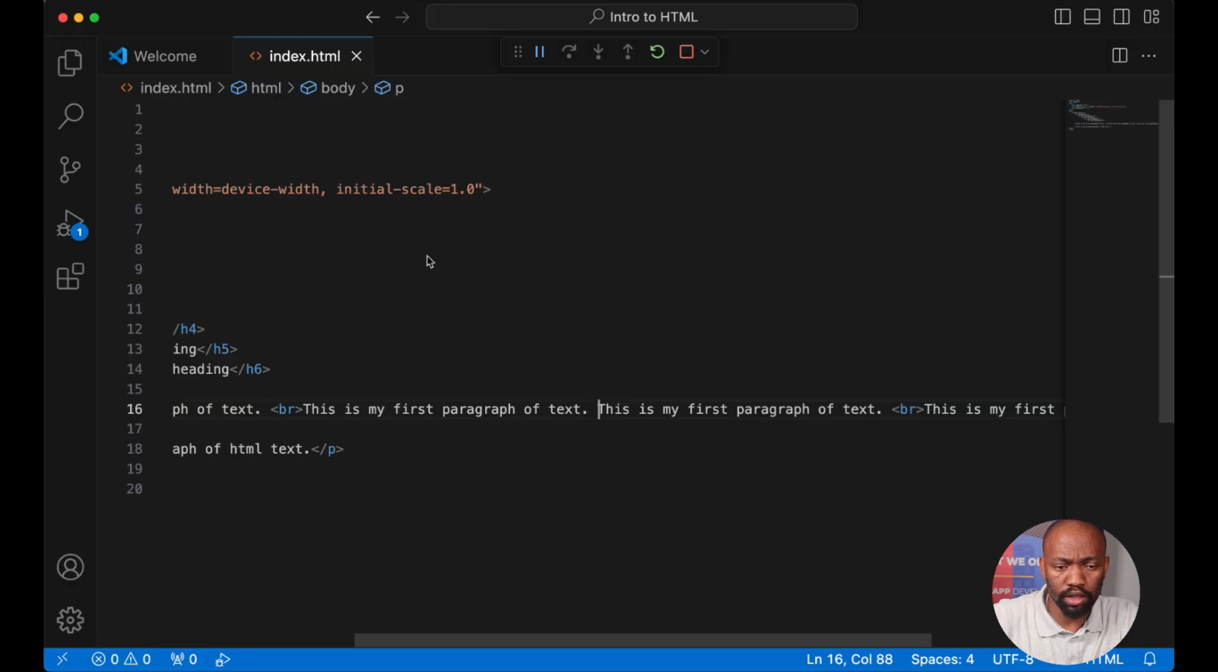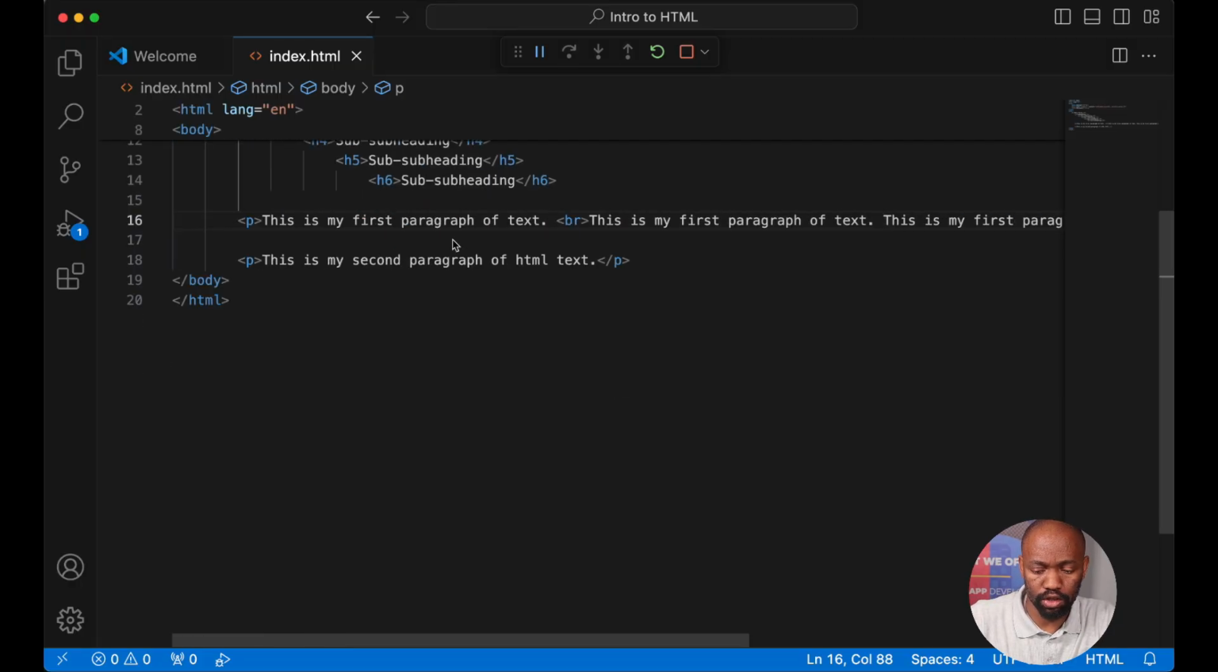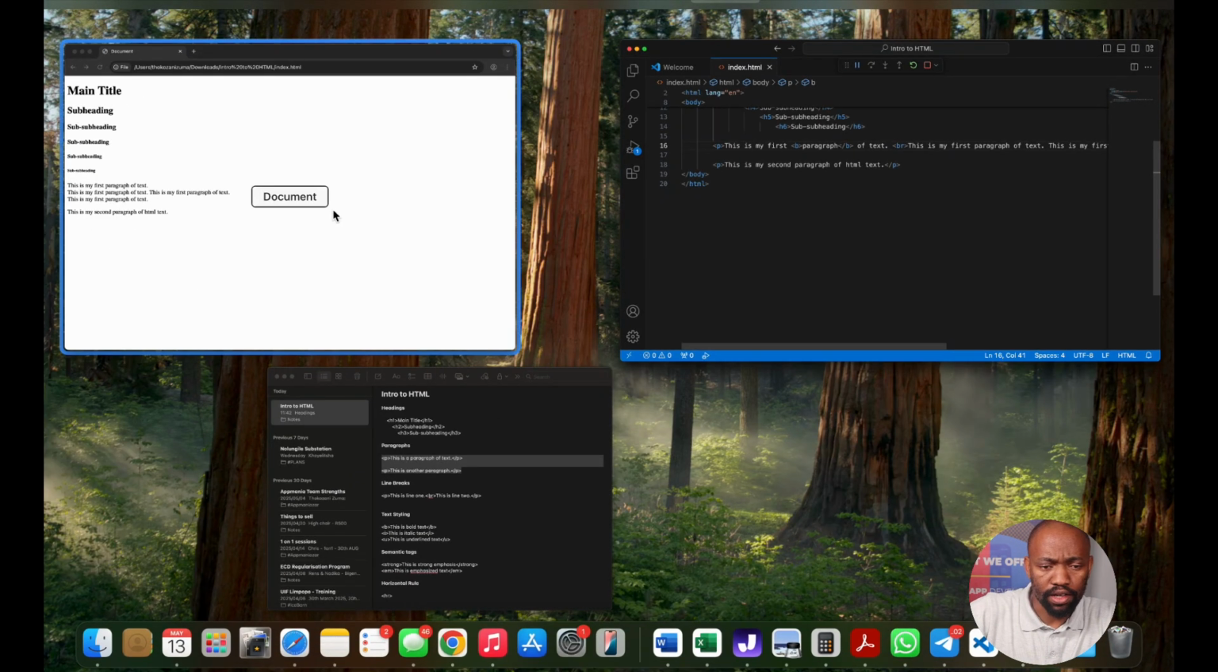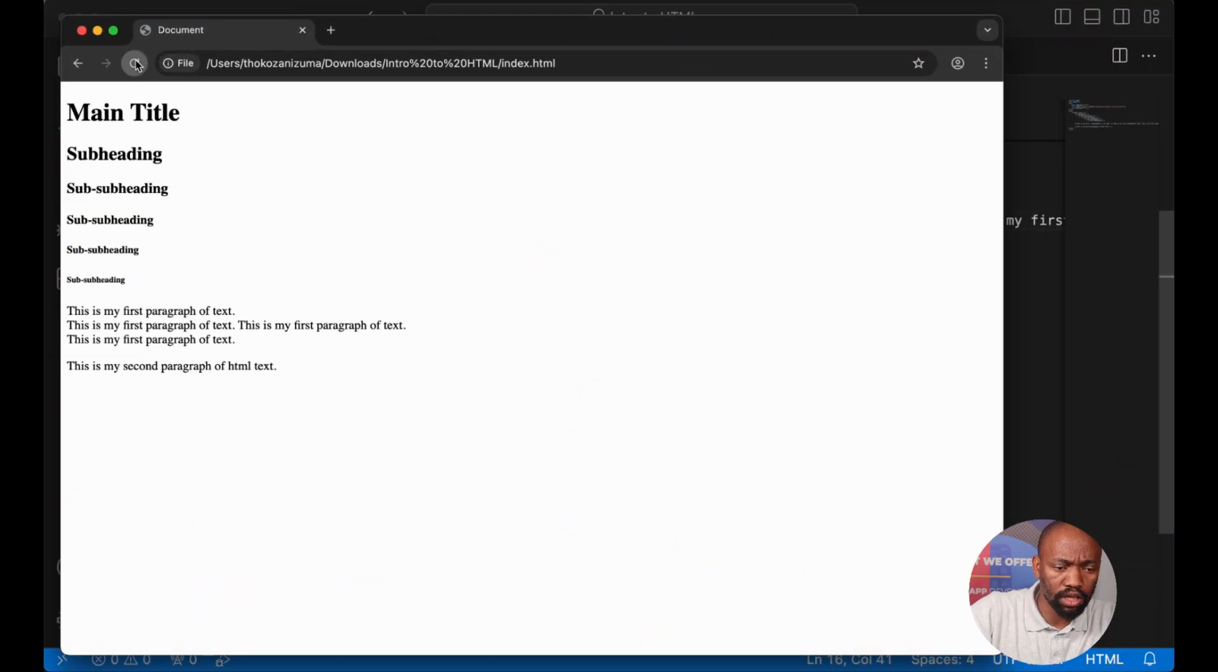Let's use the bold tag first. So if I want to make my paragraph bold, or the word paragraph, I will wrap it around the B tags, right? So opening and closing B tag. And if I save that, I come back to my page, the word paragraph should be now bold and emphasized,